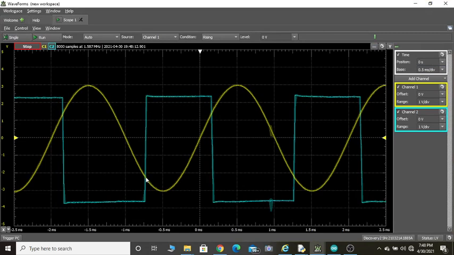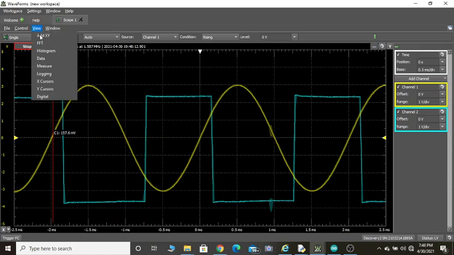It is making a transition somewhere here, so I can actually find out the input voltage where it makes a transition. This is somewhere around minus 2.21 volts, and this is around 1.46 volts. So this is VTH and VTL. This is actually VTH and this is VTL, which we can also get using this hysteresis.